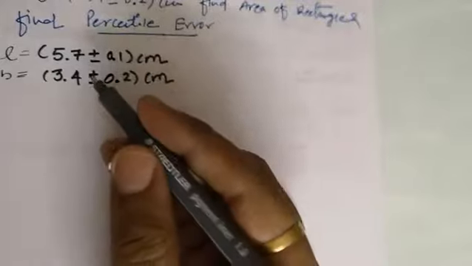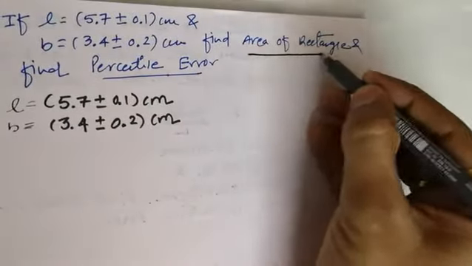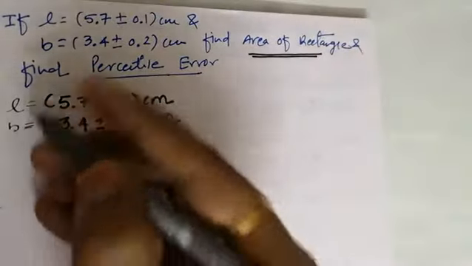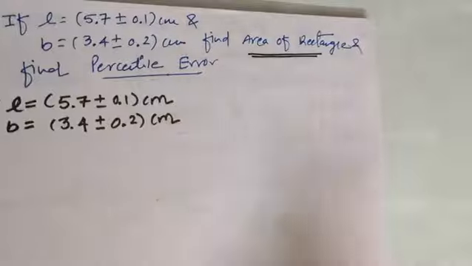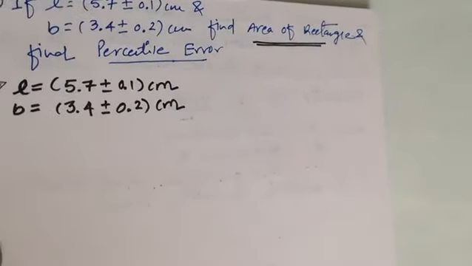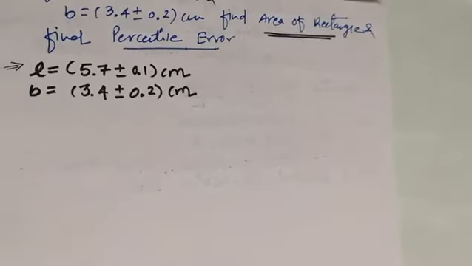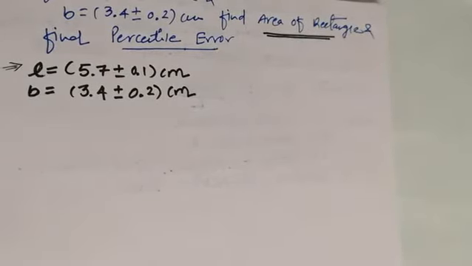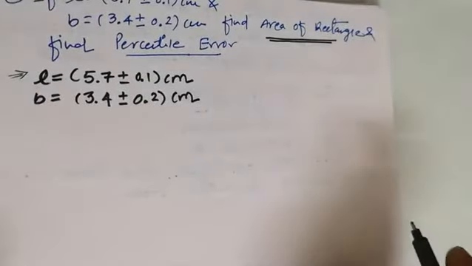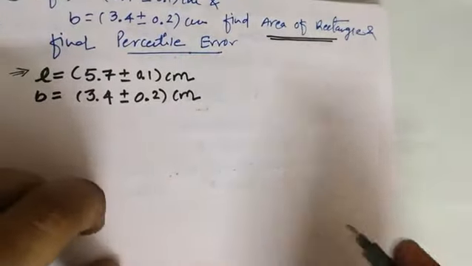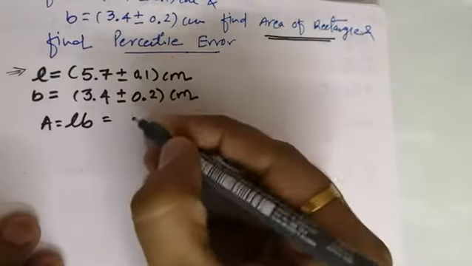If I want to discuss the error of a rectangular area, you are aware that in front of you I have placed L and B. First of all, I am leaving it up to you to think what you will do in such an example where you have been given the rectangular error. Your length and breadth are given, so first of all, it will be followed by the simple notation A equals LB.